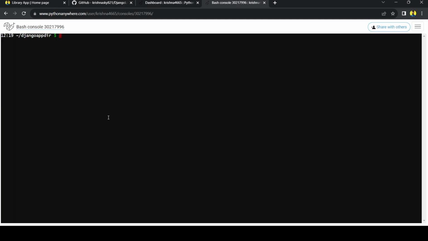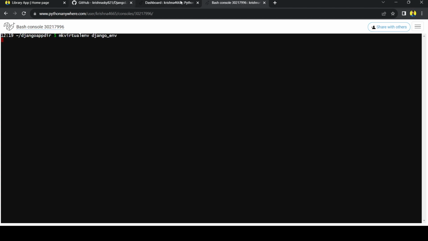Okay, so now the next step is creating our virtual environment, because now we have the virtual environment wrapper. By using that we create our virtual environment. So let's create a virtual environment. We use the mkvirtualenv command and we give some environment name. I'm keeping my environment name as Django env. Okay. So it is now creating the Django environment here. So in the meantime, what I will do is